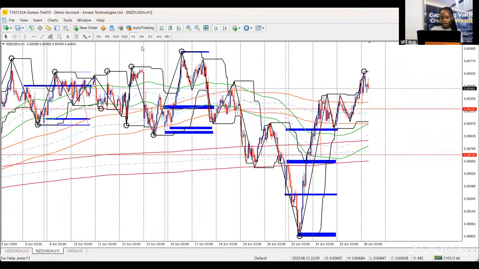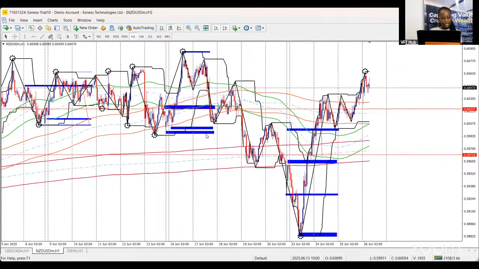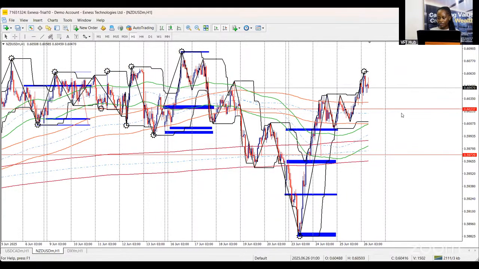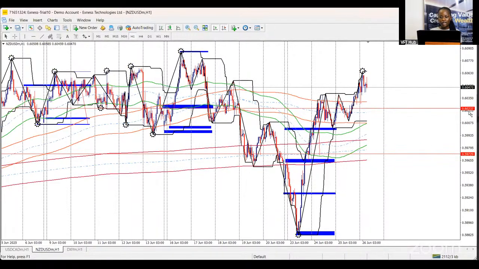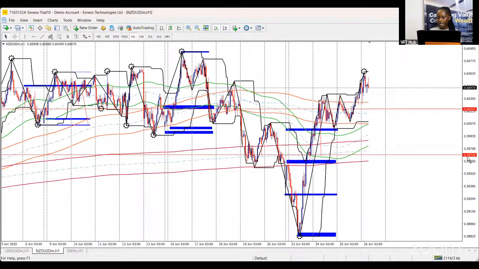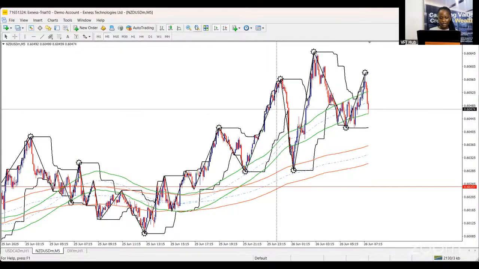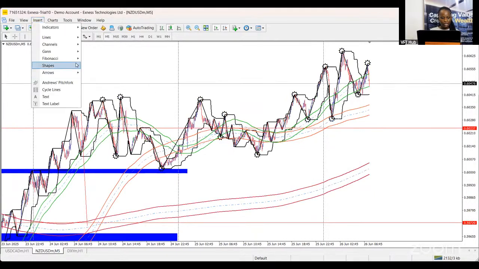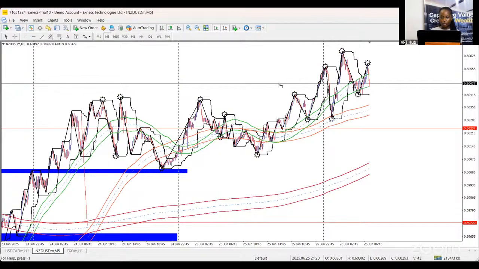So we're going to go ahead and come to the 1 hour time frame to mark out these levels. The levels we have marked out are still very much valid. Our first zone is 0.60237, and our second zone is 0.59729. So these levels are still valid. We're saying NZUSD will most likely sell back into these levels, and then if you see confirmations, we could continue the buys of this particular asset class. Moving directly now to M5, go ahead and mark out same thing we did on USD CAD. Yesterday's high, yesterday's low, day before yesterday's high, and day before yesterday's low.